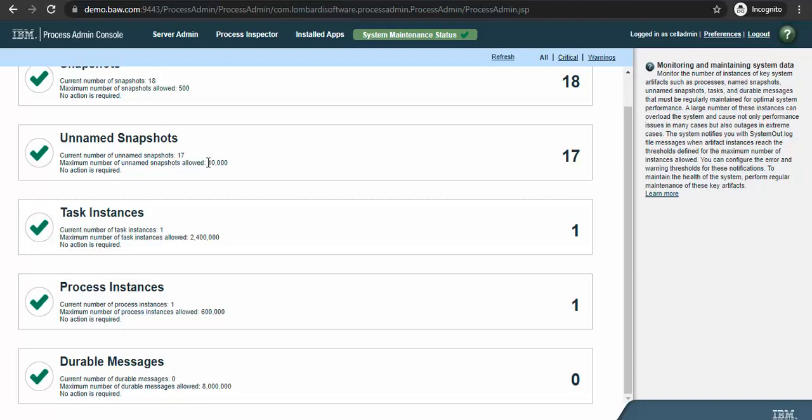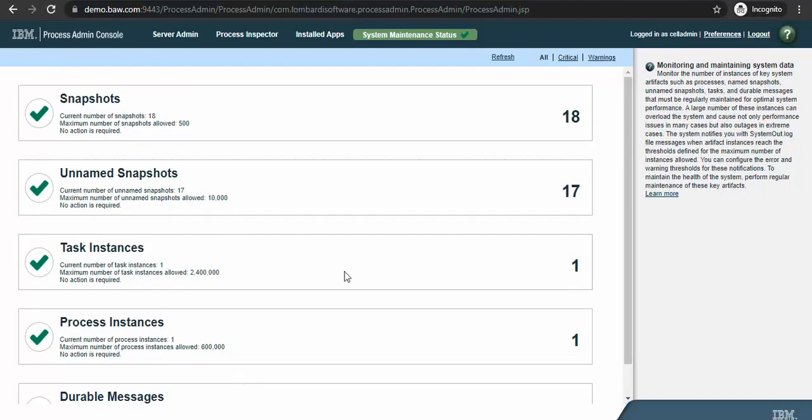If your development system gets slow, then you have to take the necessary backup and just clean the unnamed snapshots. And we have task instances. So there is only one task instance available, and maximum allowed is this. So I think that's it for process admin.